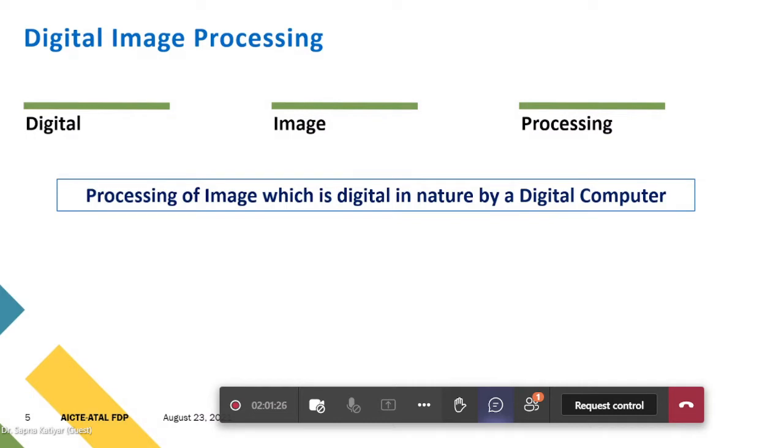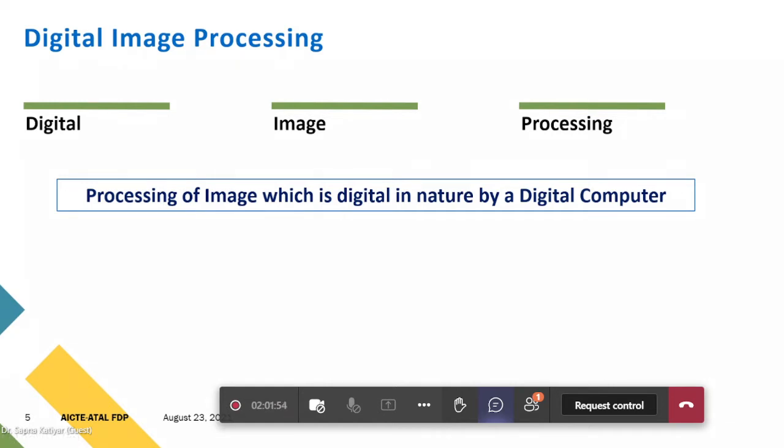It means that first the analog image must be converted into digital, and only then the overall process will take place. The conversion from analog to digital is done by sampling and quantization.